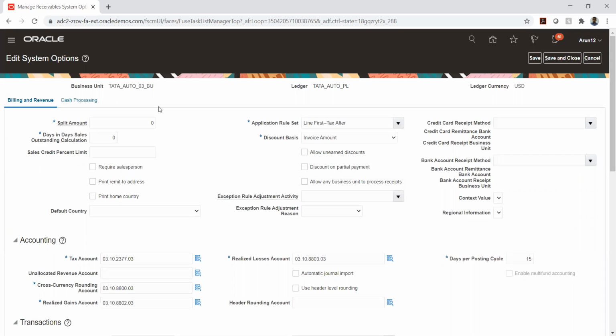So we'll start. Here, if you see, I have attached my business unit, and based on the business unit configuration, where we attach the ledger, the system has auto-populated the ledger and the ledger currency. So this is one part. Then we have two tabs: one is billing and revenue, and the other one is cash processing. Billing and revenue is for the transaction, whereas cash processing is for the receipt. Here we have split amount, days in sale, all those things. So this is related to